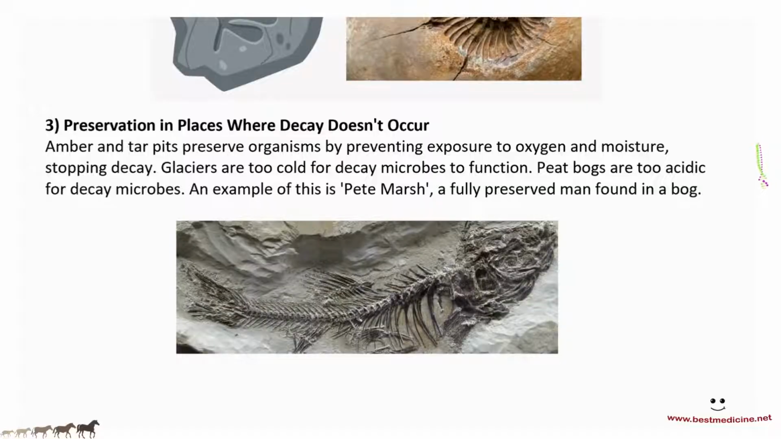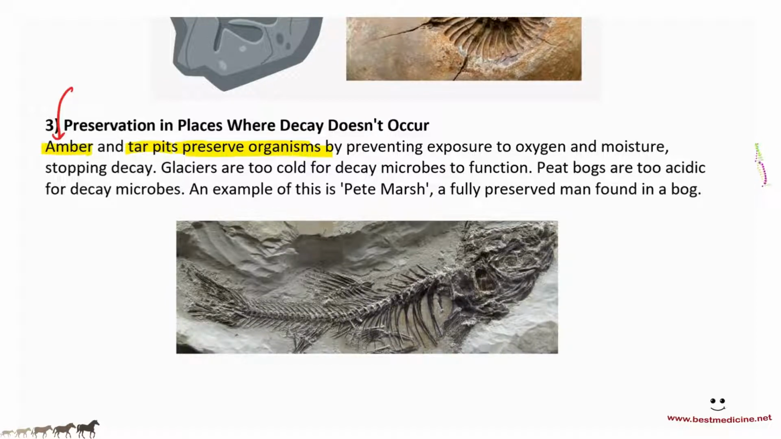How does this work? Well, essentially, if you have amber or tar pits, they preserve organisms. How? By preventing decay. So you have essentially an area which prevents decay. How can you prevent decay? Decaying microbes such as fungi and bacteria need oxygen and moisture to function. So if you don't have oxygen and moisture, for example, if it is trapped in amber,